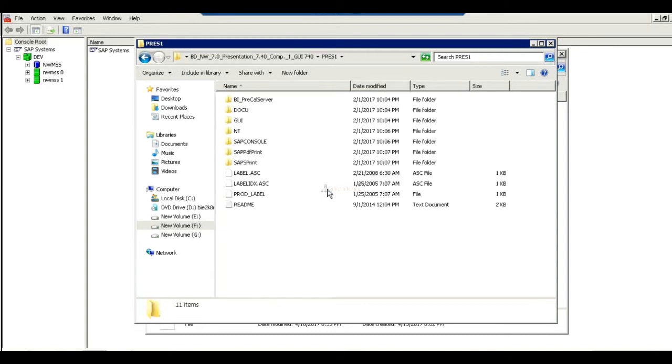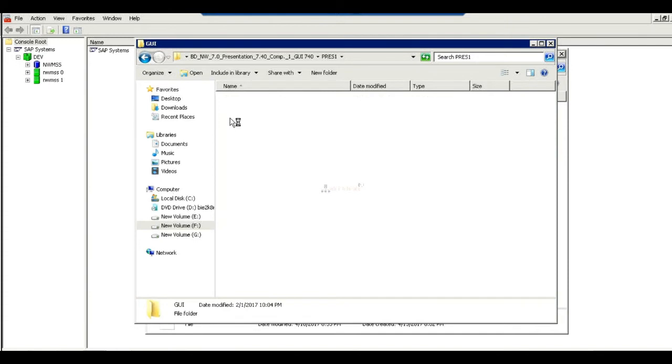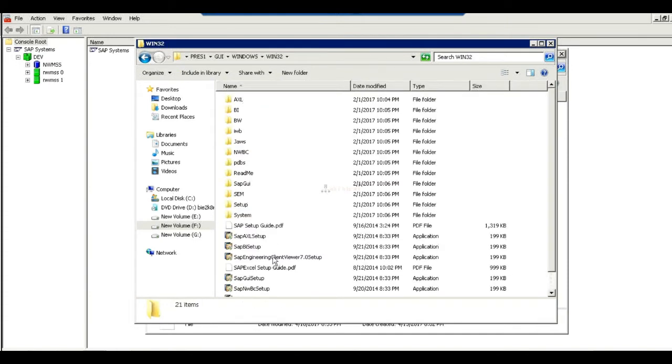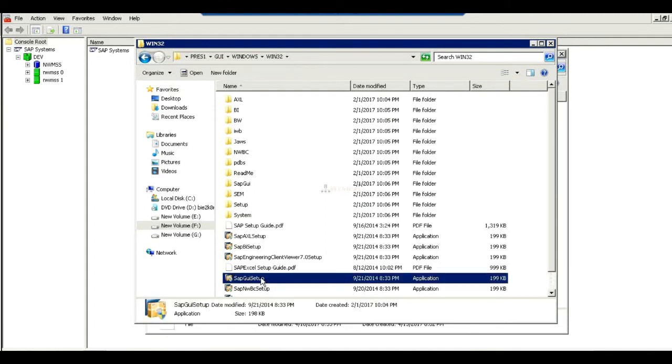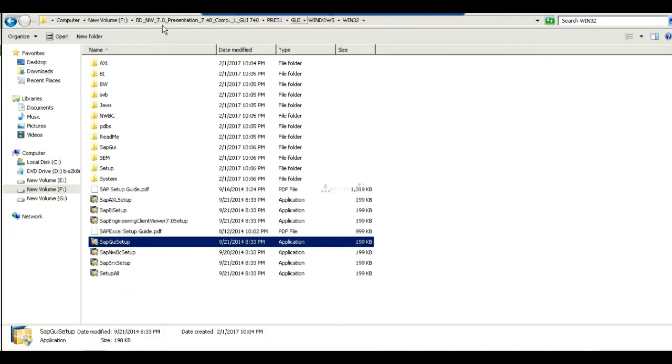Okay, now we'll open and we will see the profiles. What are the profiles we have? So now what I am trying to install is SAP GUI. What is the use of SAP GUI?